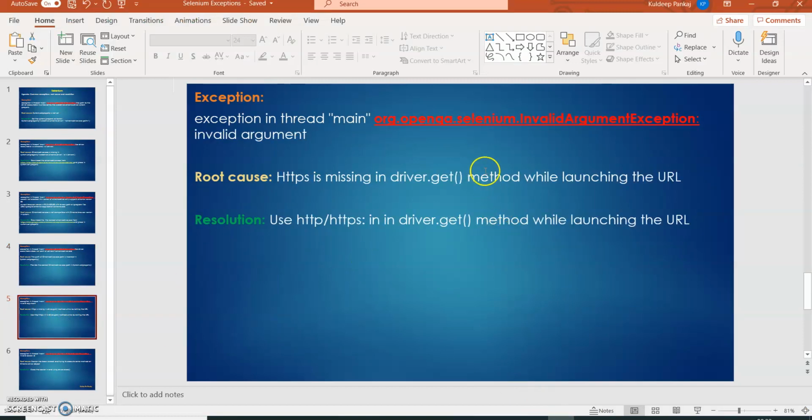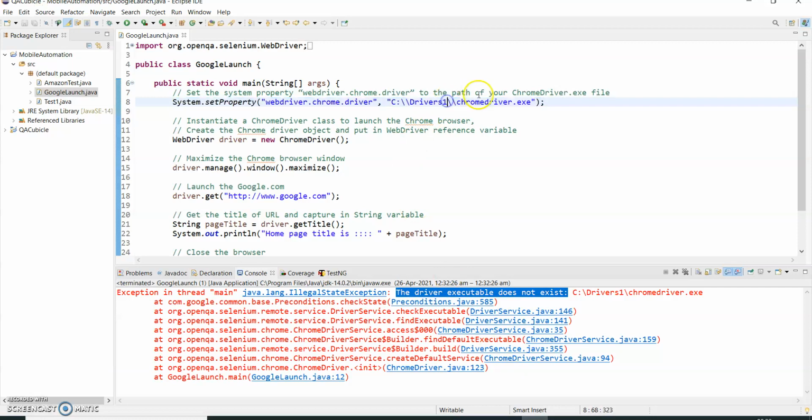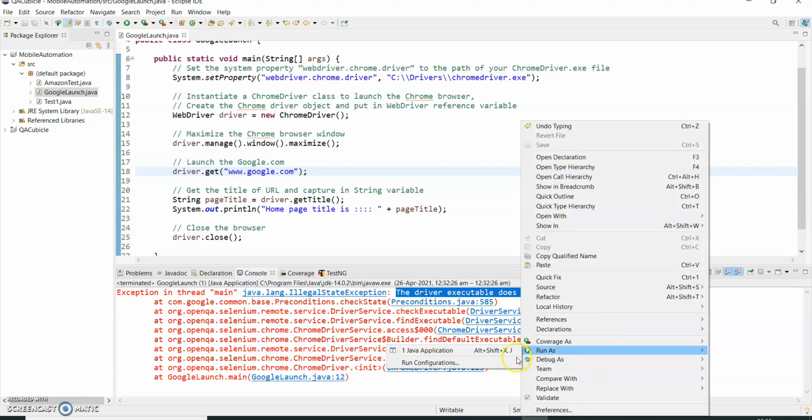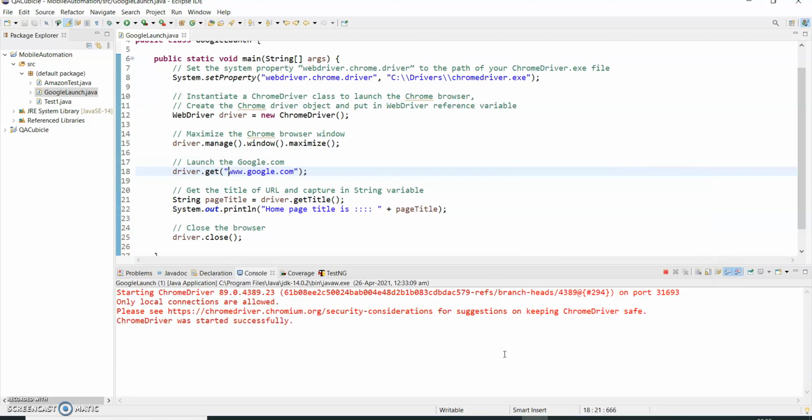So the next one is the invalid argument exception. So how does it come? In case we are trying to access google.com and I have just missed the HTTP, and I'm just writing www.google.com, you can see I will get this error.